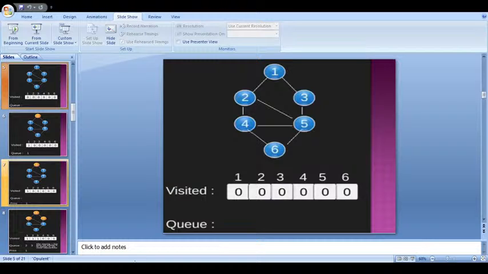Queue follows first in first out methodology. So please write it down, 2 things. One is BFS uses a queue data structure, and queue means first in first out. So yes, this is my graph which has 6 nodes, 1, 2, 3, 4, 5, 6, and yes, it is